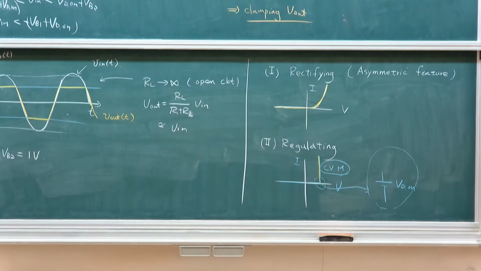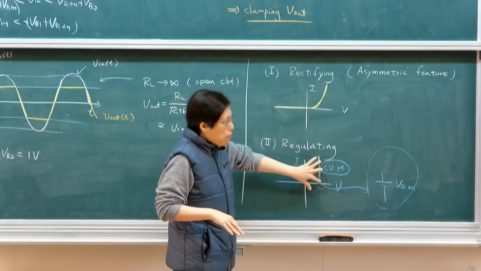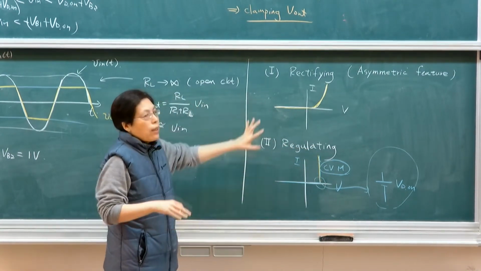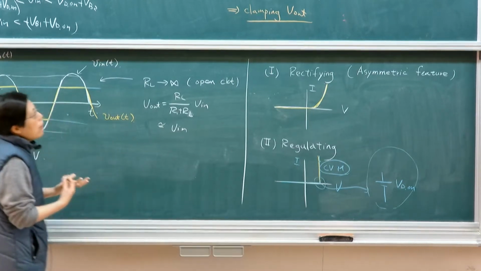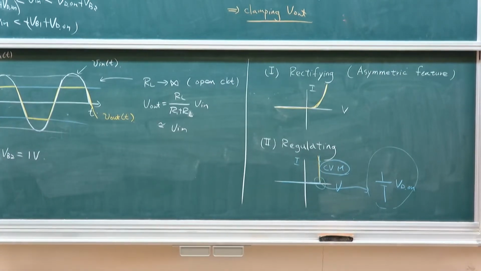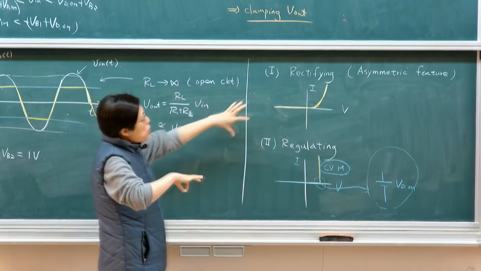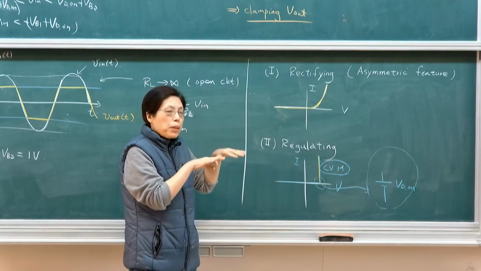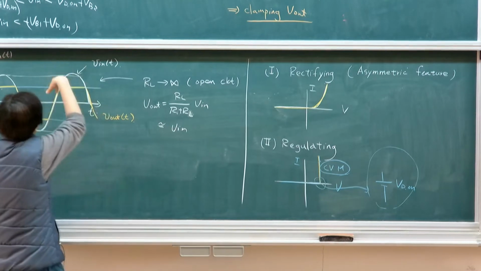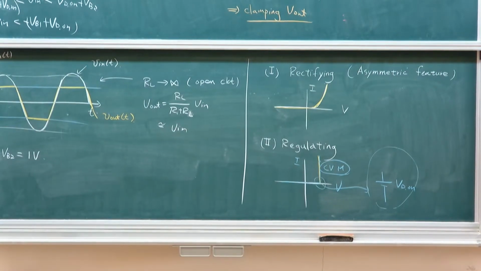As we said, it's very important in your adapter. You want it to be stabilized. Even though there's fluctuation, you want it to be regulated by this feature. And the other is, of course, rectifying, allowing only the positive cycle to pass for power transfer between AC and DC. Okay? So before we dive into the two important applications in circuits, other than this more general discussion,